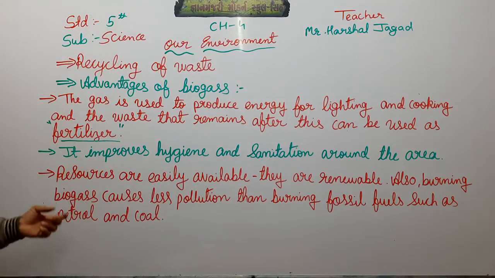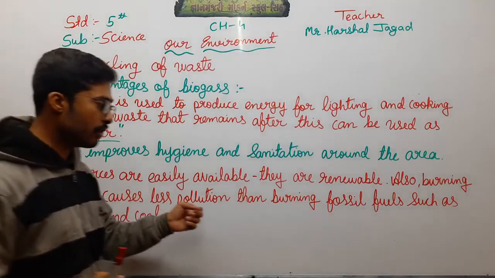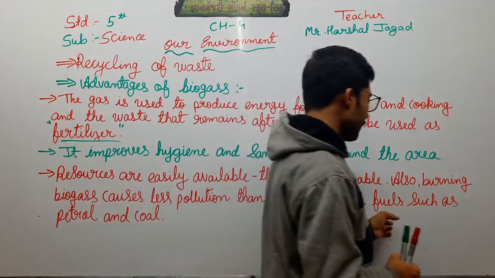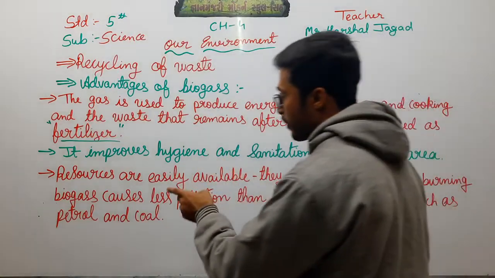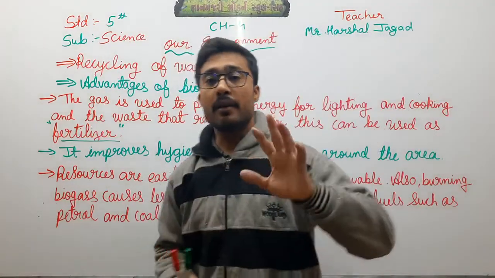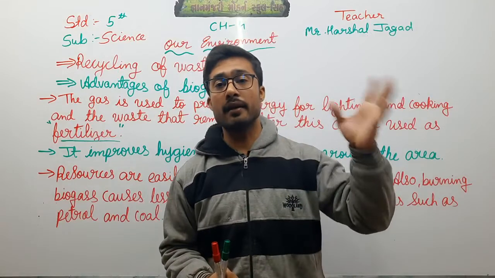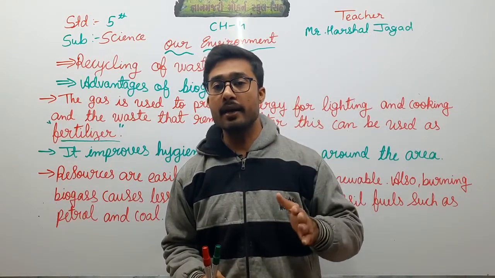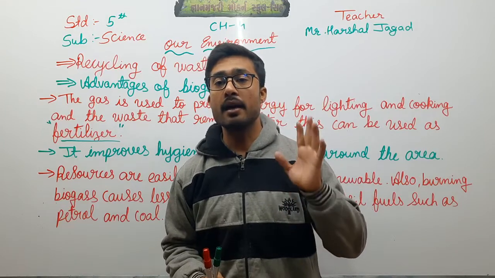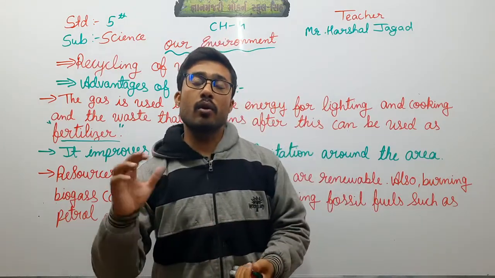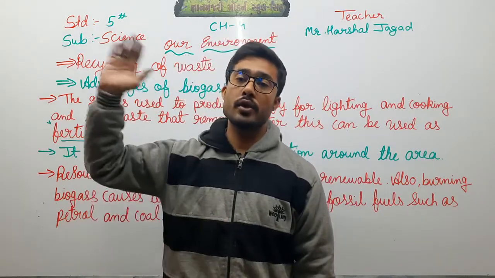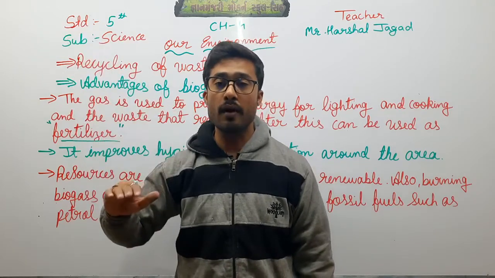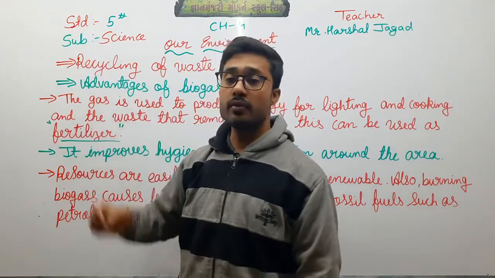Then also burning biogas causes less pollution than burning fossil fuels such as petrol and coal. मतलब अगर हम बायोगैस को बर्न करें तो वो पॉल्यूशन कम करेगा कंपैरेटिवली टू पेट्रोल एंड कोल। पेट्रोल और कोल यूज करते हैं और उसमें जो पॉल्यूशन होता है उससे बहुत कम होगा अगर हम बायोगैस यूज करें।